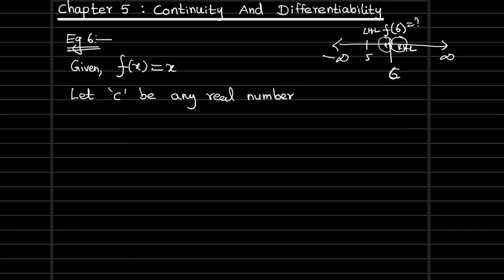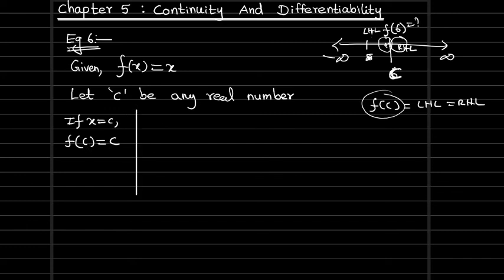So instead of 6, now I'm going to take it as c. So c be any real number. In the same way, left hand side close values of c we need to check, and right side close values of c also we need to check. That means f of c value and left hand limit and right hand limit, if the values coincide, in the sense it's the same, then we can say the function is continuous at c. Now since it's exactly at one point, directly in the given function itself we can substitute. If x equal to c, then f of c is also c only.